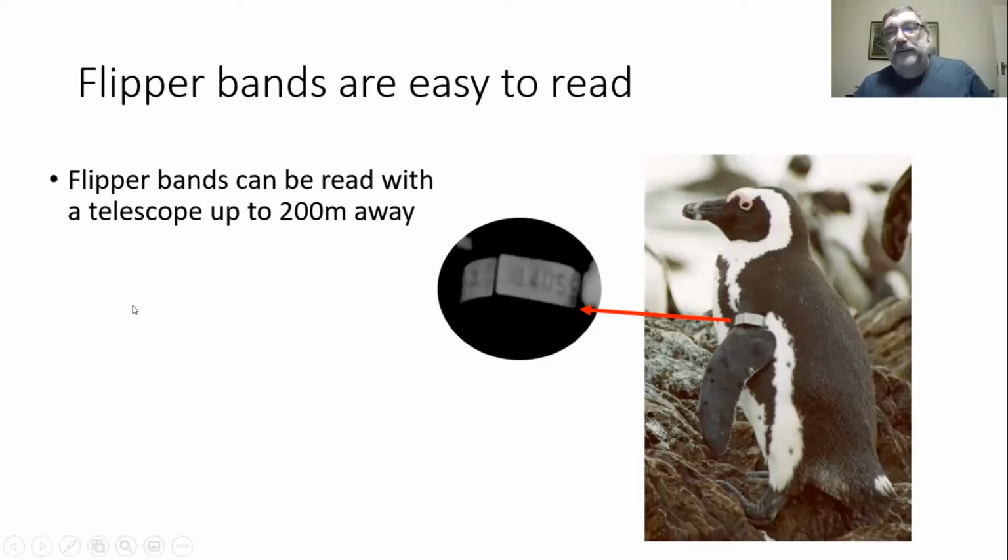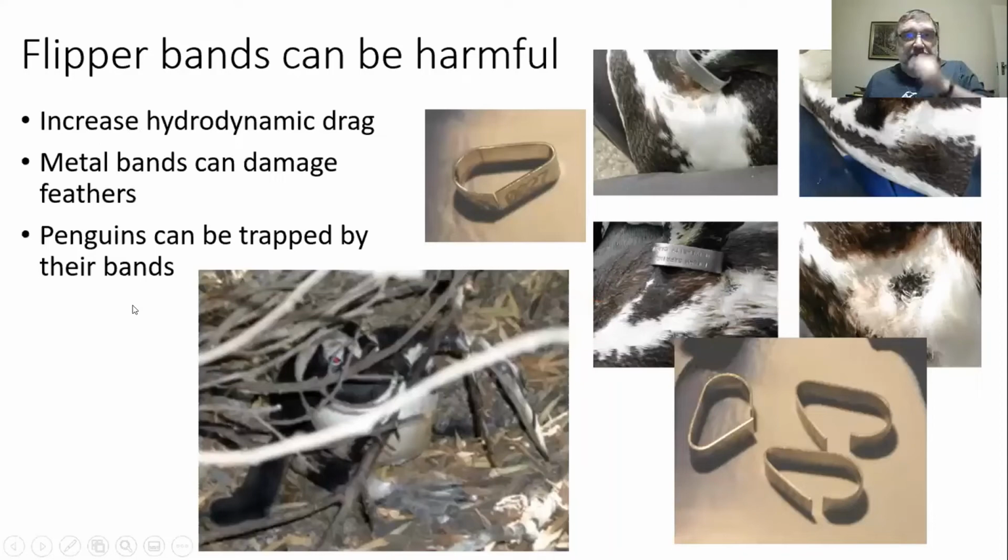But they also do other things to penguins. They increase hydrodynamic drag. If you're wearing a rattly little bit of metal around your arm, you try to swim, you'll need more energy to swim than if you didn't have it there. That was discovered, well, measured properly, I should say. It's obvious, but it was measured properly by some German and British scientists working in Antarctica,